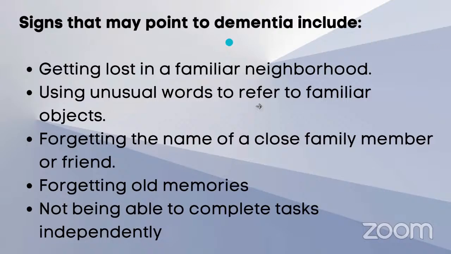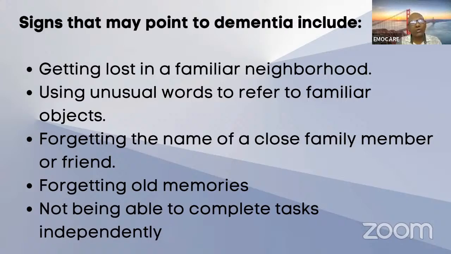Signs that may point to dementia include getting lost in a familiar neighborhood, using unusual words to refer to familiar objects, forgetting the names of close family members or friends, forgetting old memories, not being able to complete tasks independently. So most of the aspects for people with 60 plus now, these are the